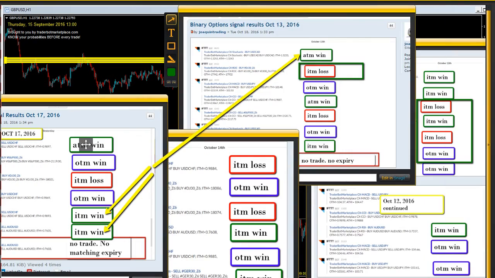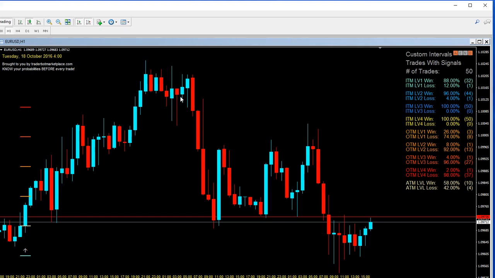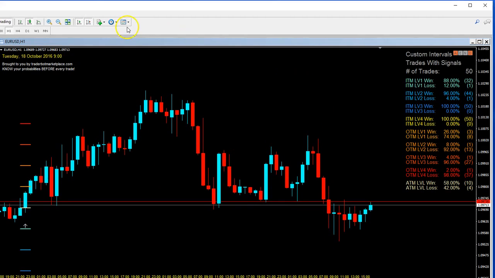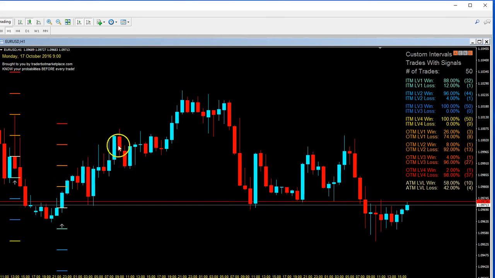Okay, so now that you know that the signals in the forum add up to the exact same signals I post in the chat room, I'm going to show you how these signals are derived. I've just popped open just a default chart. You can change them to get higher probabilities if you want to, but these are how the signals are derived. These are exactly where they come from. You can see,